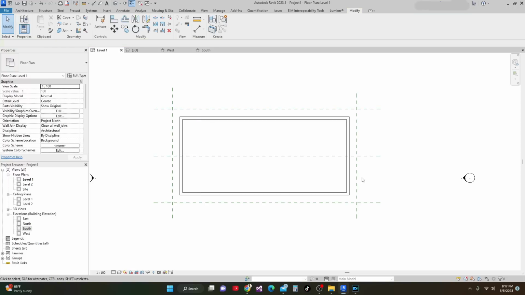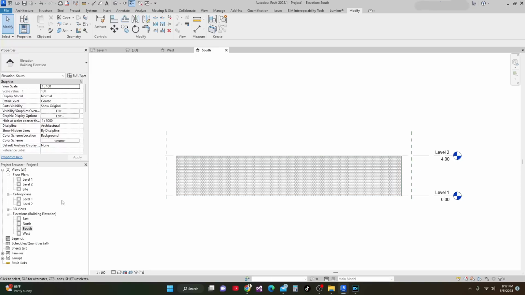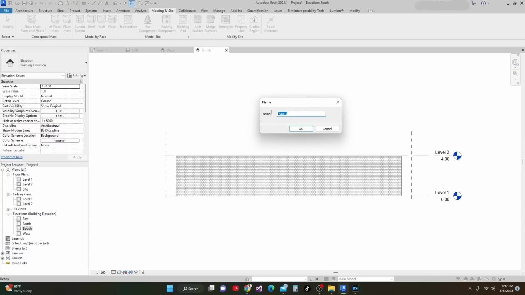Now next that I'm going to do is I'm going to open this project browser, south elevation. It is already open here. And now what I'm going to do is I'm going to go to this massing and site, and then I'll click this show mass, and then I'll go to this in place mass, and in place mass I will name this one roof by face,